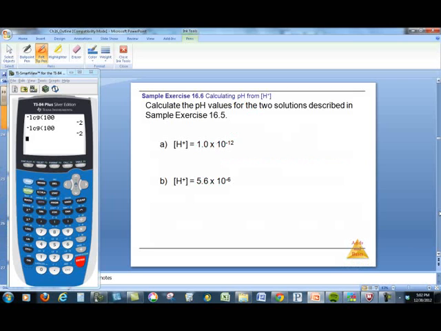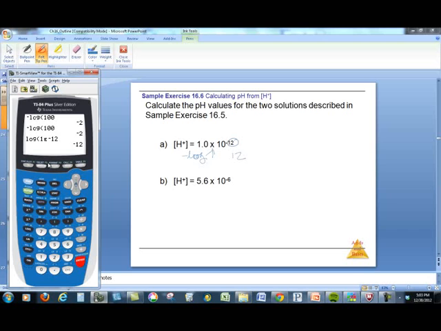Alright, so we want to calculate the pH values for each of the 2 solutions described in exercise 16.5, and I wrote them here. For A, we said the hydrogen ion concentration is 1.0 times 10 to the minus 12. And if we take the negative of the log of this, we get just 12, right? And we could punch it into our calculator to show that we get the same thing. If I take the negative of the log of 1 second EE negative 12, I get,